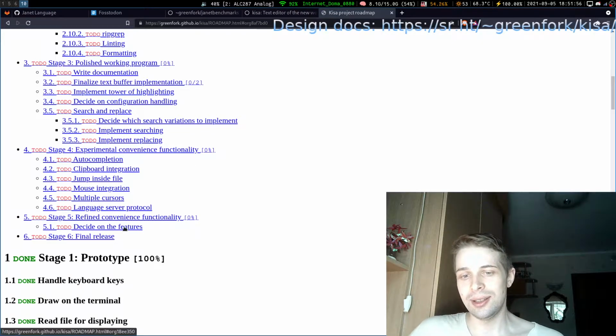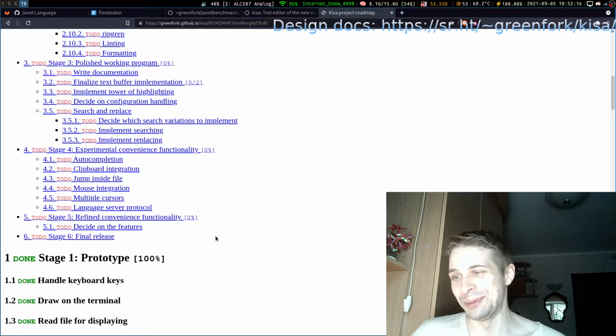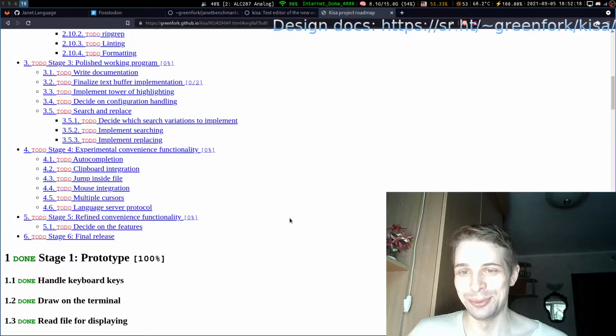After that, we will give it some time and try to use it. And the sixth stage, final release: after we are content with what we have, we will put a version 1.0 and ship it. No money, of course, it will be free and open source.